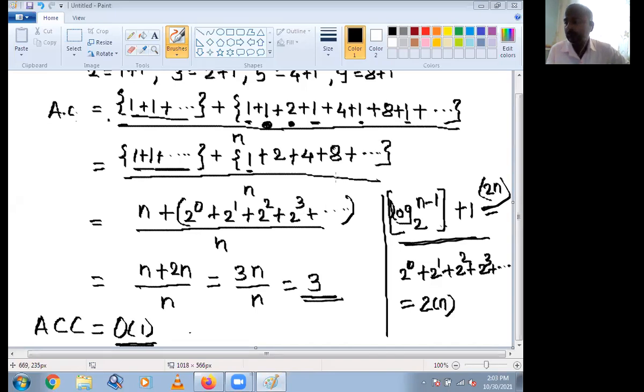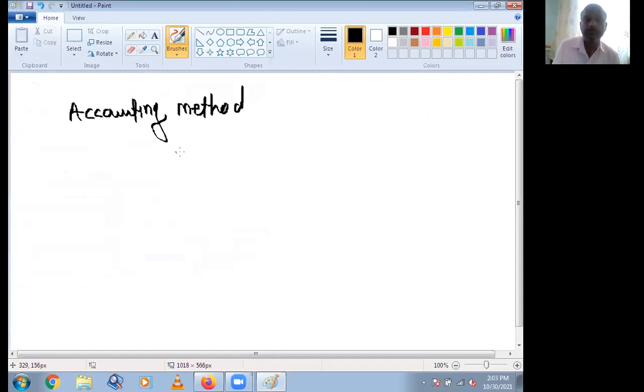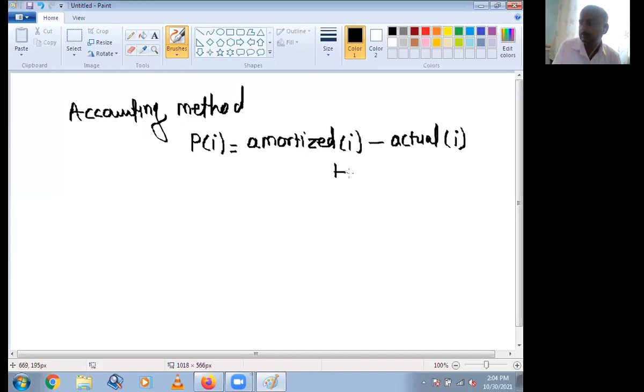Then the accounting method. For the accounting method, we assign amortized cost to compute the number of operations, that is P of I. We compute it as P of I is equal to amortized cost minus actual cost, that is, amortized I minus actual I, plus P of I minus 1.